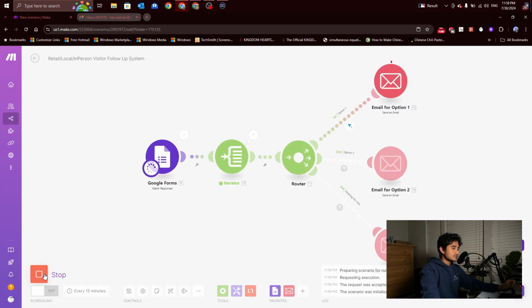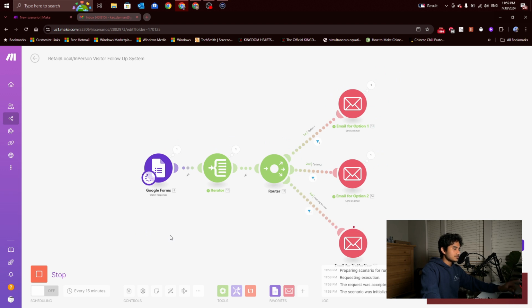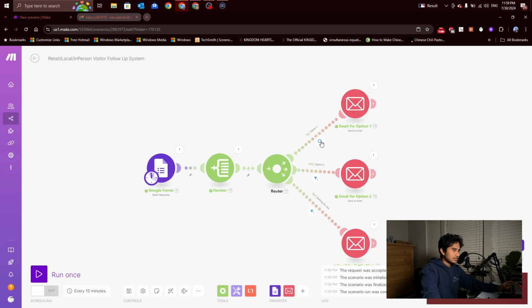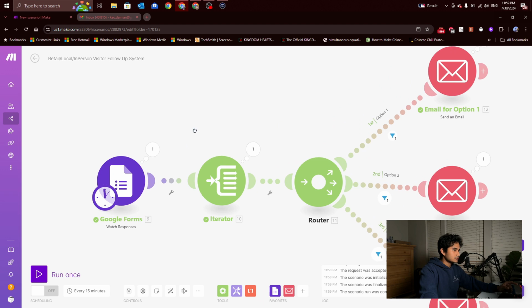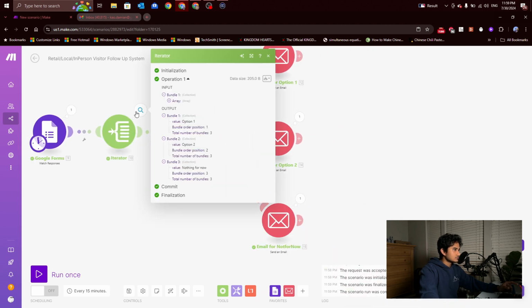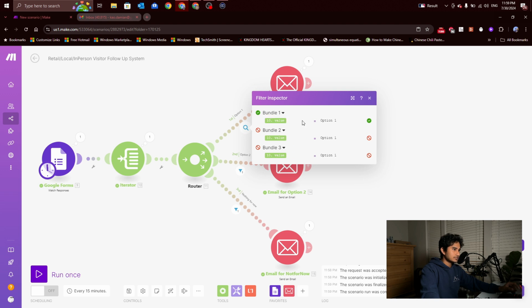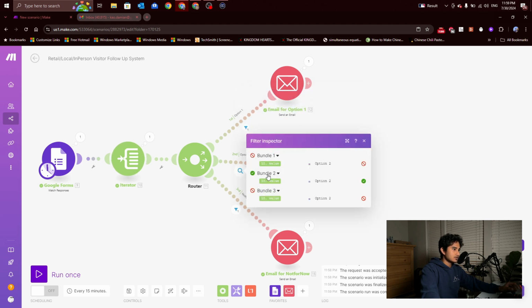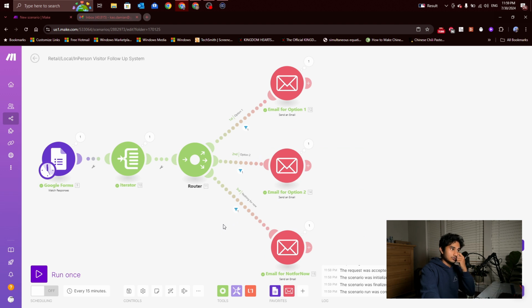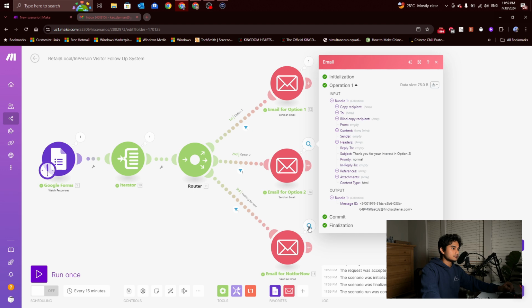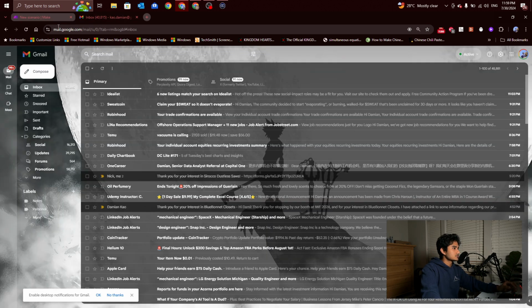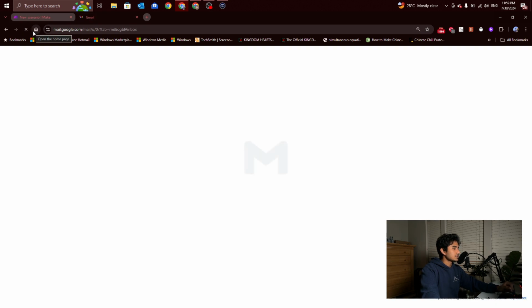I'm going to go ahead and run this, and the most recent thing I just did is going to have, you can see how the iterator bundles all 3 of the different options for this one form submission. It runs it through the router, and the first filter takes option 1 but denies the second. This takes option 2 and this takes option 3 because I chose all 3 of them. And it went ahead and sent emails. So if I were to go here and refresh my inbox,